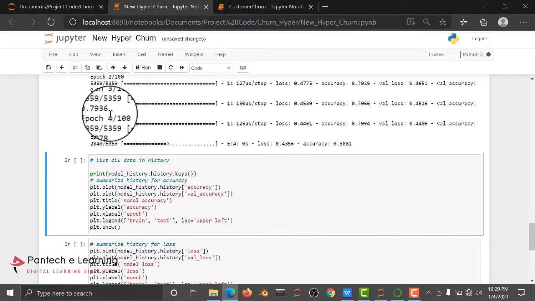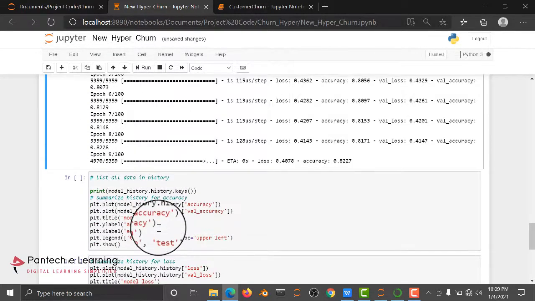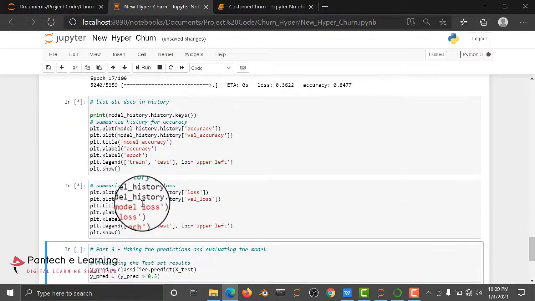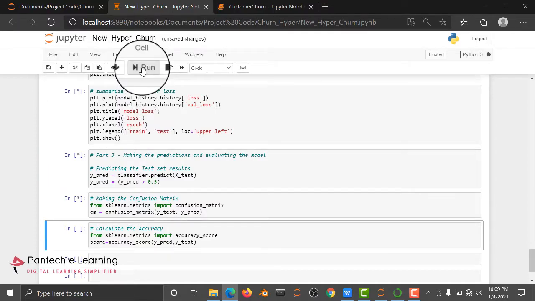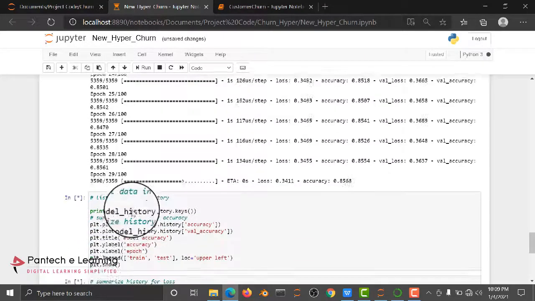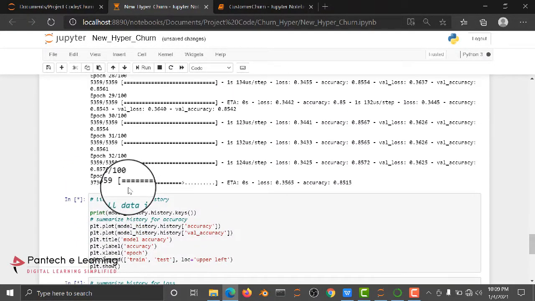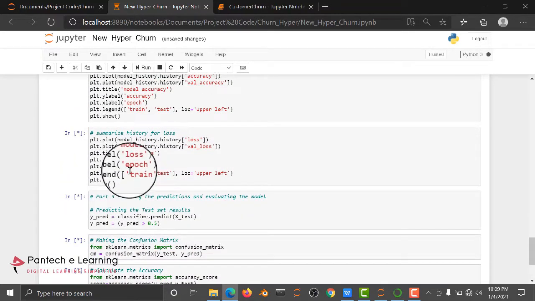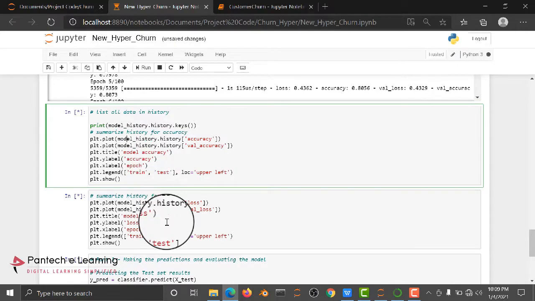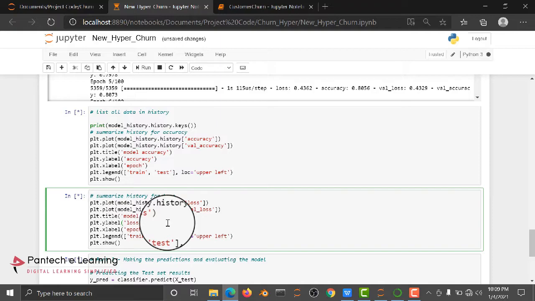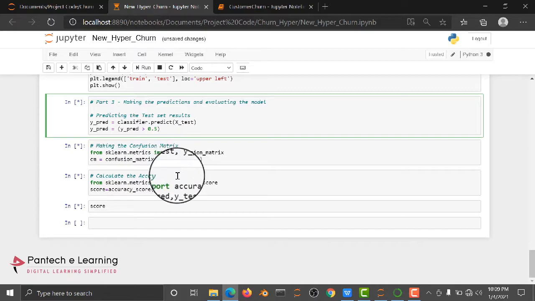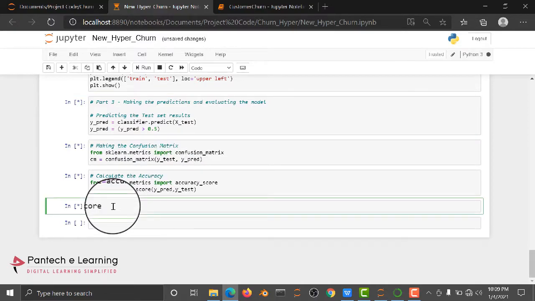Okay, so after applying these weights and activation function, if I compile each and every data with 100 iterations, we will get an output result, the history of each output result. Okay, here you can see it's training, that is, iterating 100 times. After iterating 100 times, we will get the output results. So here 27, 28, like that, it's training. Then after this we will get a history of how the model is trained, and a summarized history of how the model loss is. Okay, we will get an output result. Then we are going to predict the result by passing the test data. Then we will conclude with the accuracy score.